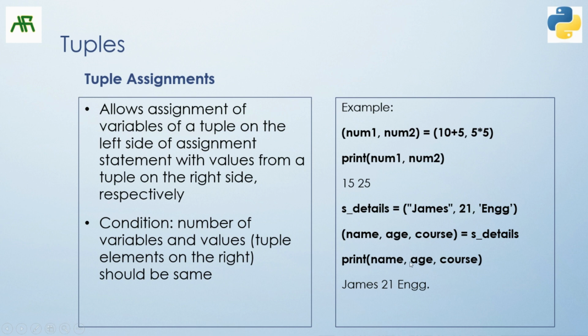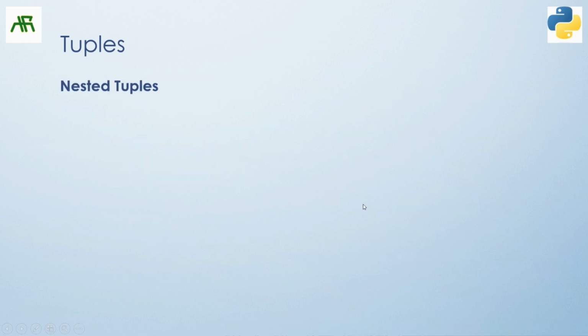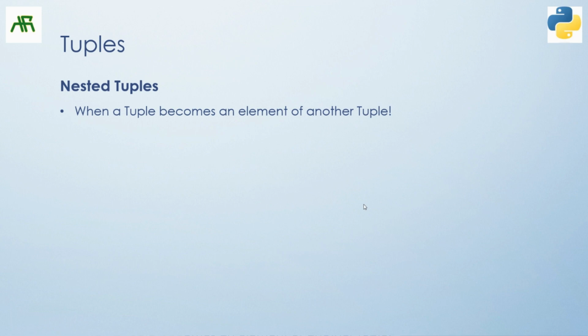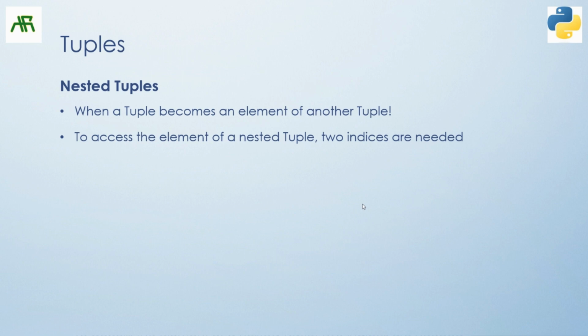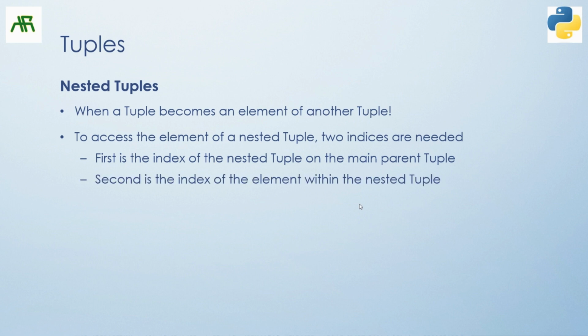When I print name, age, and course, I get the values or elements of the tuple printed together. Next, we will see nested tuples. When a tuple becomes an element of another tuple, it's called a nested tuple, just like in a list. To access the element of a nested tuple, two indices are needed. First is the index of the nested tuple in the main parent tuple, and then the child or sub element